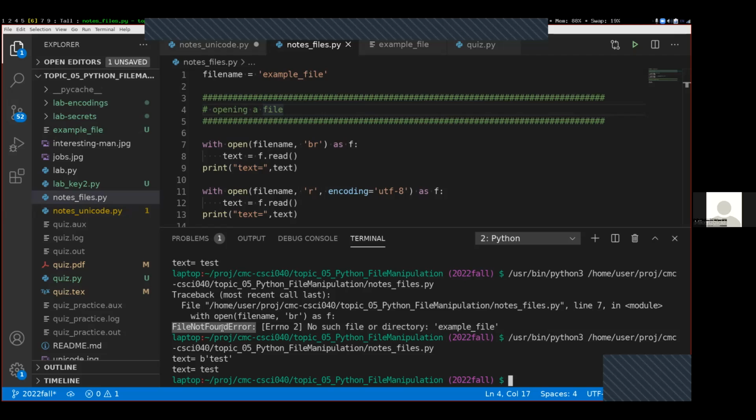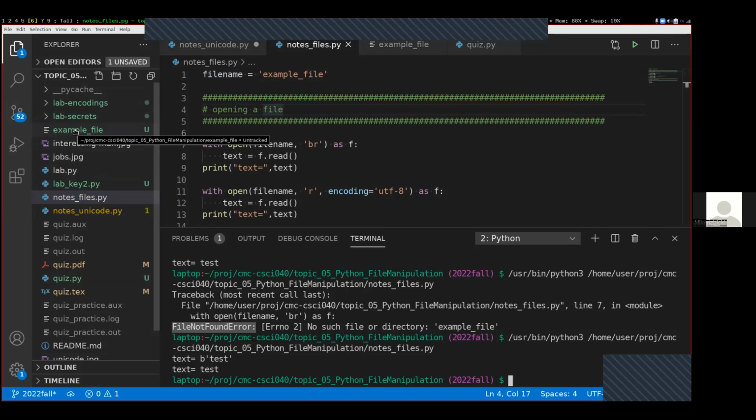Any other questions? Yeah, I initially put the file inside another folder. Why does that not work? So the question is, why does the file have to be in exactly this location, and it can't be, for example, in a subfolder or maybe a parent folder? And the reason is because